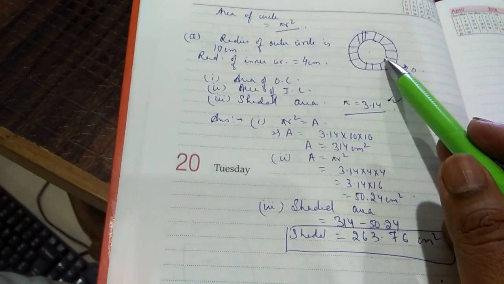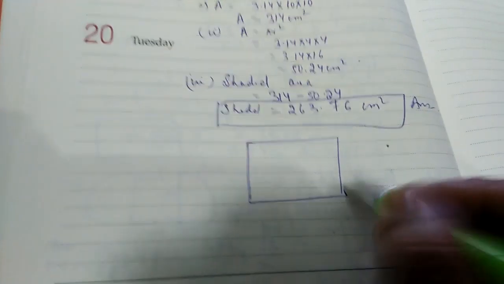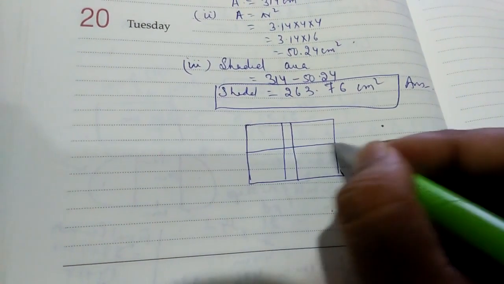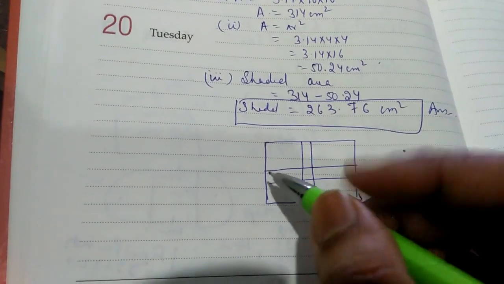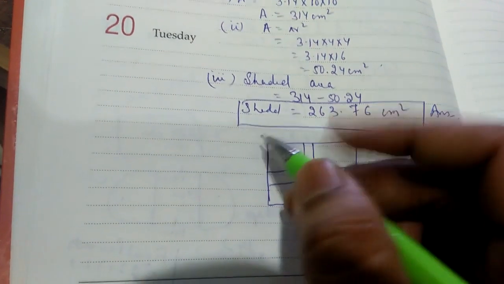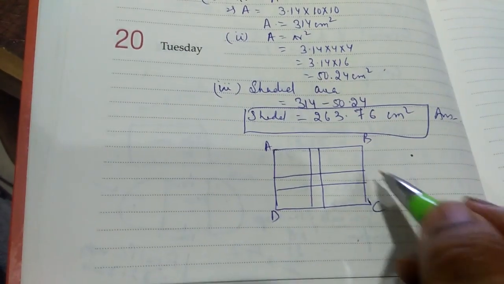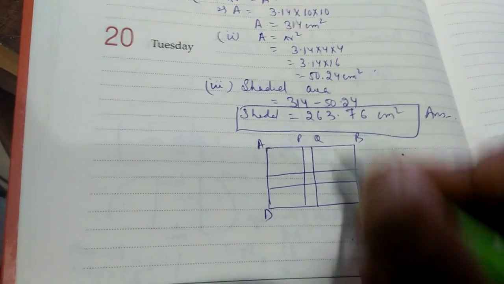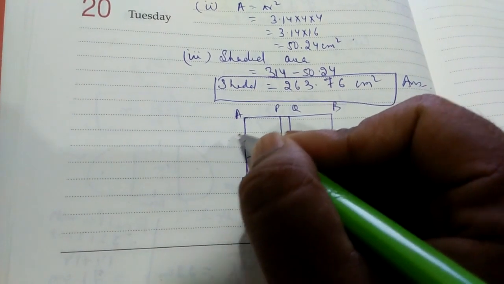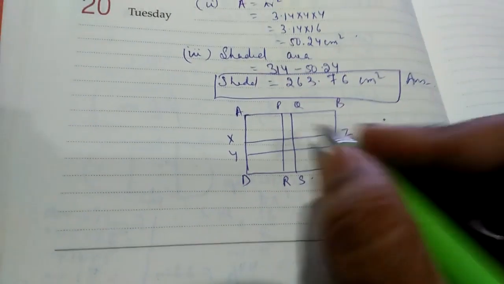Instead of this circle, there may be a rectangle. Okay, so this is a rectangle. Find its area. And let's say a path has been cut out. Find this area. So what has happened is there are 3 rectangles that you have to consider. Let's mark it. So A, B, C, D. Okay, this is one rectangle. This is the second rectangle, P, Q, R, S. Okay, this is the third rectangle. Let's say this is X, Y, Z, Z dash. Okay. So this is the first area.